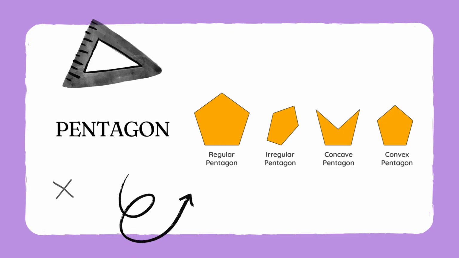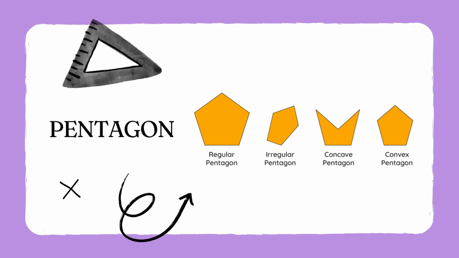A pentagon is a 5-sided polygon with 5 angles, where the interior angles always sum to 540 degrees. The main types of pentagons are regular, all sides and angles are equal, and irregular, sides and angles are not equal. Other classifications include convex, all interior angles less than 180 degrees, and concave, at least one interior angle is